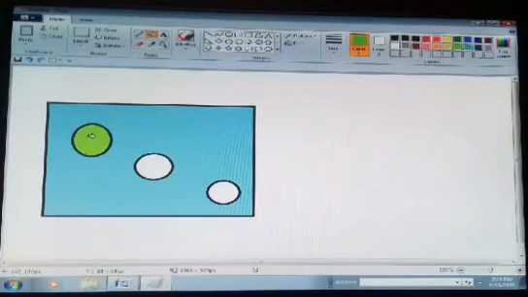Then after you have to fill here, and then after we have to choose red color and fill here, and the next color we have to fill here. Okay, so it's done. You can see the object has gone ready, like figure number 5.1.